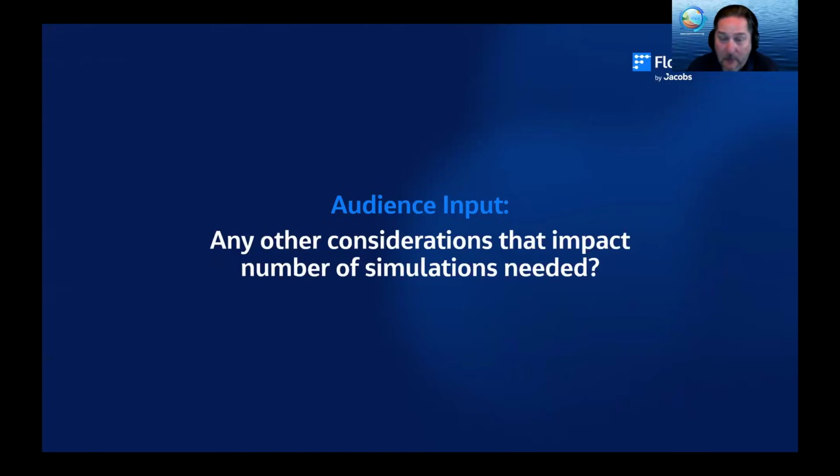So this one, we've talked about the difference between the Q&A line and the chat line. This is one you can put into the chat. This is not necessarily a technical question for the panelists to answer afterwards during the Q&A session. This is into the chat line. Just put in your audience input on any other considerations. If you think of something that you would have said, and it looks like from the chat so far, some of the presenters or some of the attendees could be presenting in this as well.